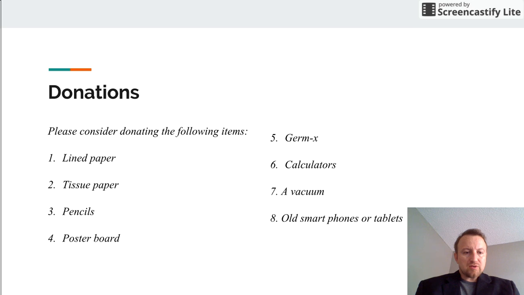Lastly is donations. We want you to consider donating the following items. These are the items that I find from year to year I have need of. Most of these: lined paper, that gets eaten up quick by you guys, the students. Tissue paper, especially during flu season. I bought some boxes already, but we'll run out. Pencils, this is not for me. I have plenty of pencils. It's for